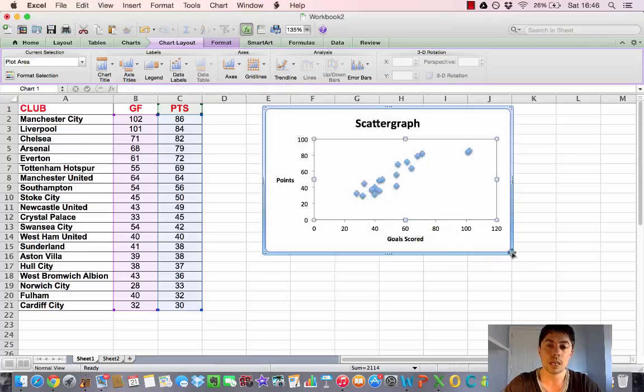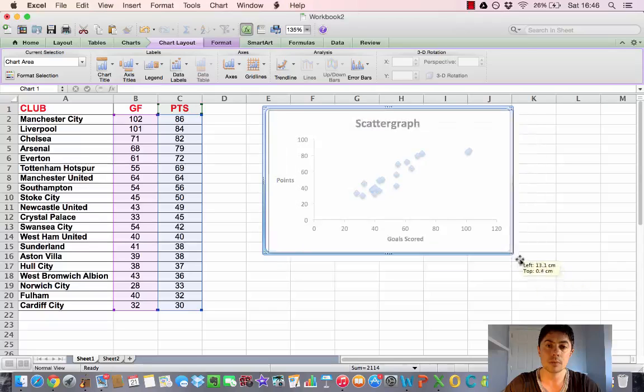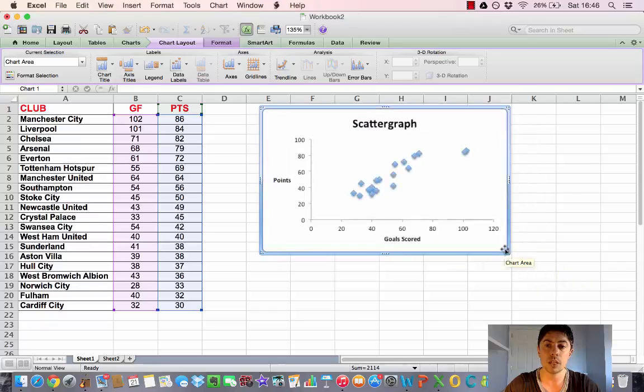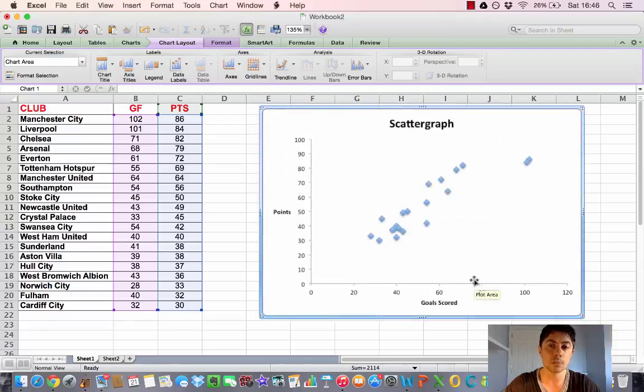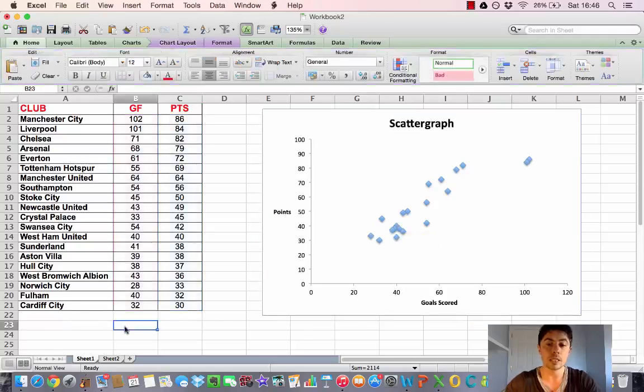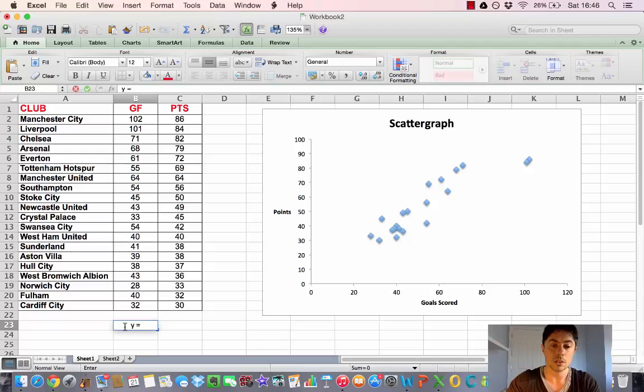Now, this scattergraph will typically identify that relationship that we have between the two variables being studied. In order to find a regression equation, and the regression equation is typically given